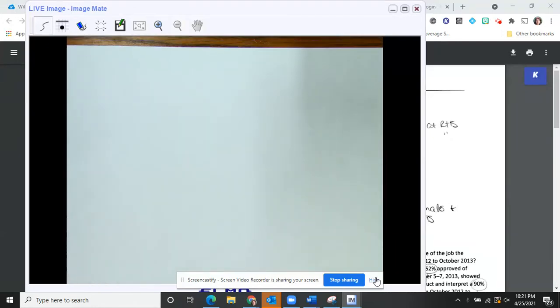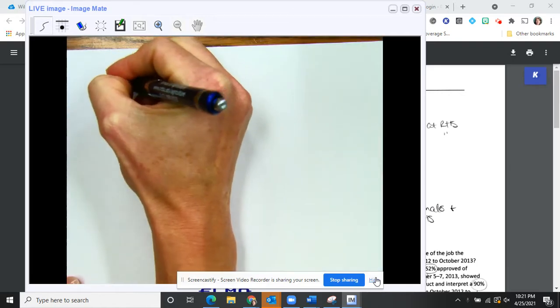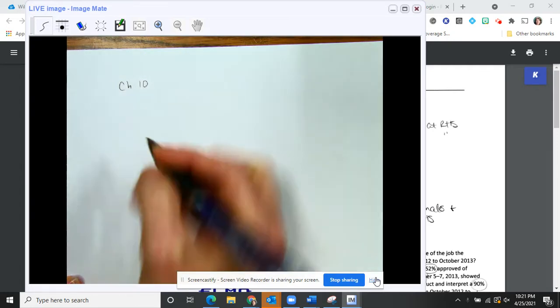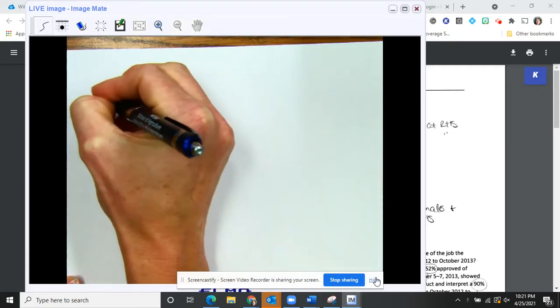All right. So today I would like you to take out a piece of paper for your notes first, because I think this will be helpful for you. So I'd like you to take out a piece of paper before we start our example problems. And first of all, I want to talk about chapter 10 is about comparing